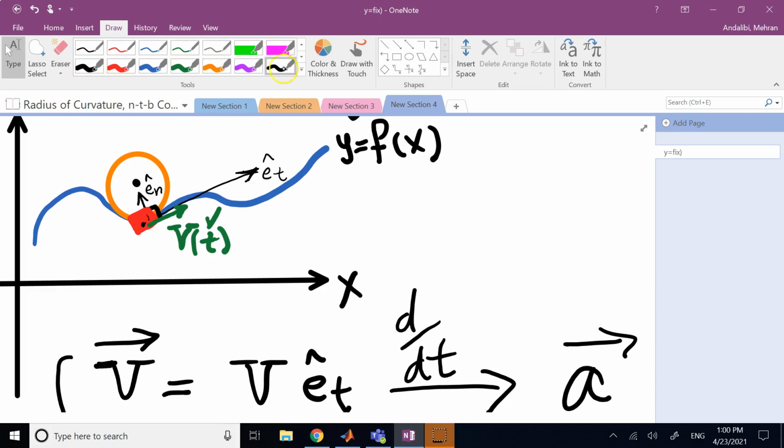change, correct? So for example, if I come here now, of course, now my ET is something like this, or let me move to another point that is more obvious. So here, ET is going to be something like this, and then EN is going to be like that. Or if I come here, now my ET is going to be like this, and EN is completely reversed. So clearly these unit vectors ET and EN do rotate. Therefore,